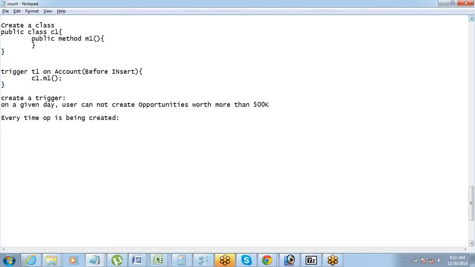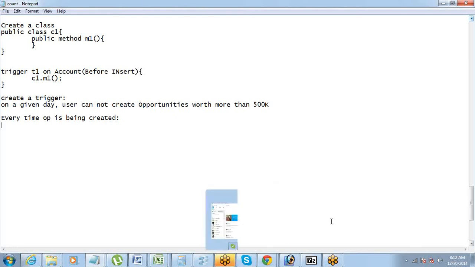First of all, you will go and fetch all those opportunities from the database which have been created on the same day by the same user, and you will need to get the sum of all those opportunities. Then you will need to add the one that you are trying to enter now. So let's say the sum of all the existing opportunities which have been created by me today is 300,000. Then you will need to add the current opportunity amount to that. If these two things sum up to more than 500,000, then it should throw an error. So that's the simple logic.